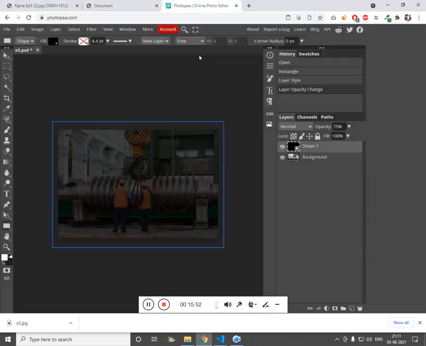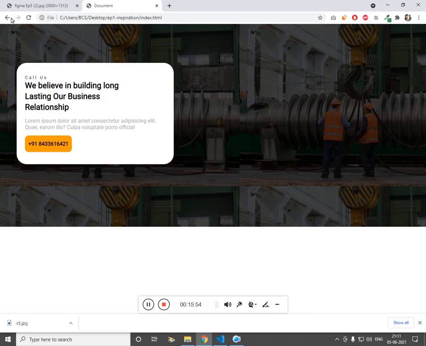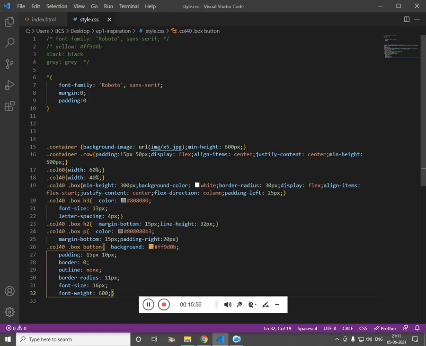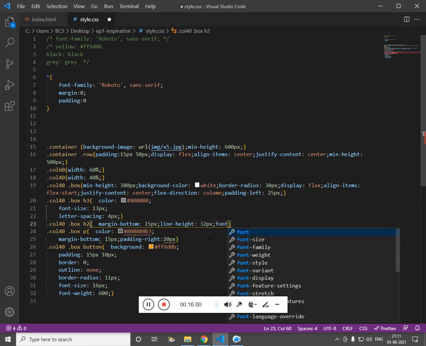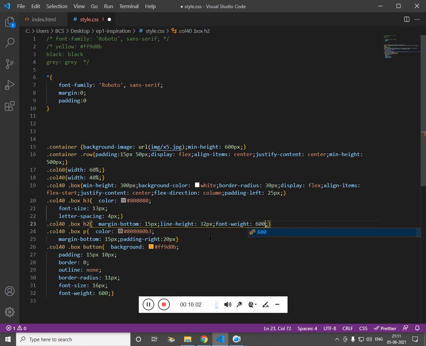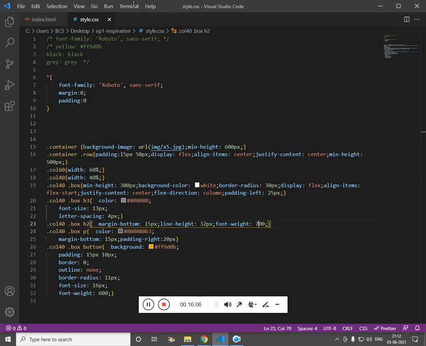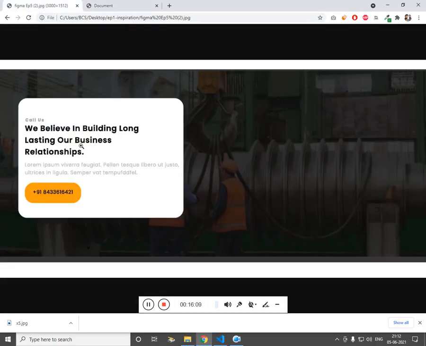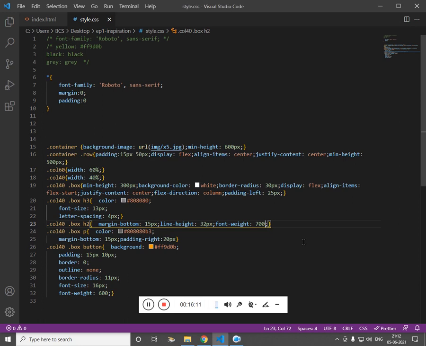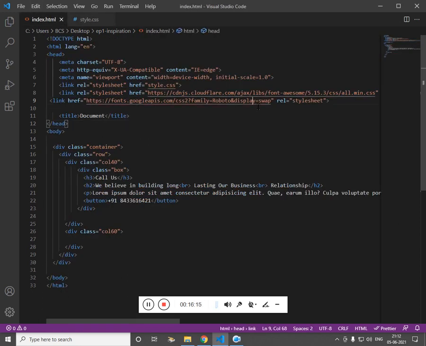We don't need this anymore. Let's make the H2 font weight 600. Font weight won't work because we have just added the Roboto.